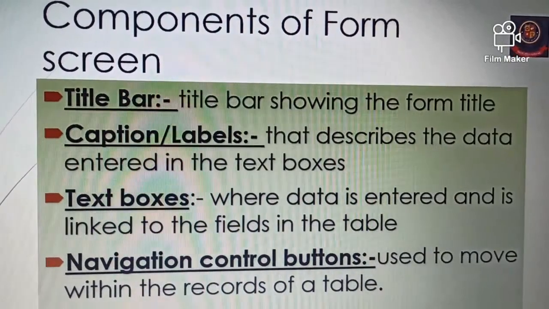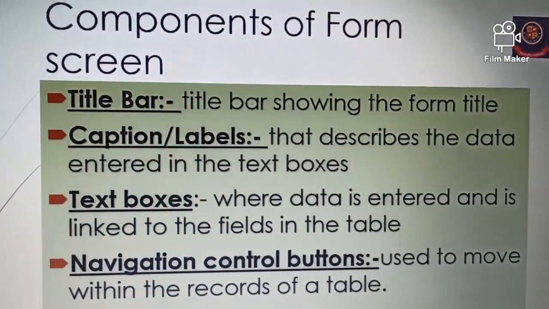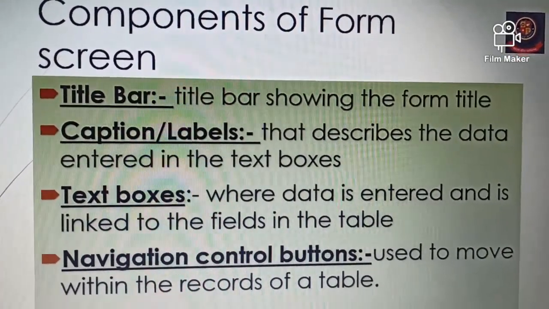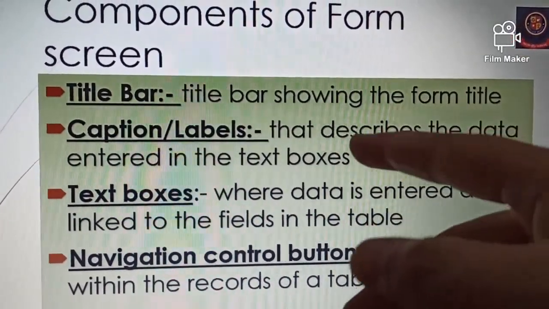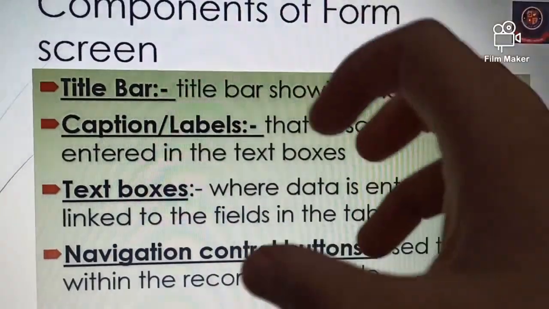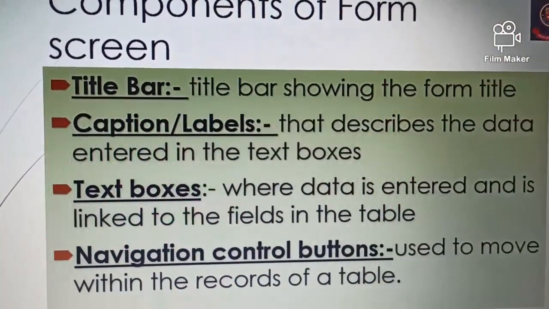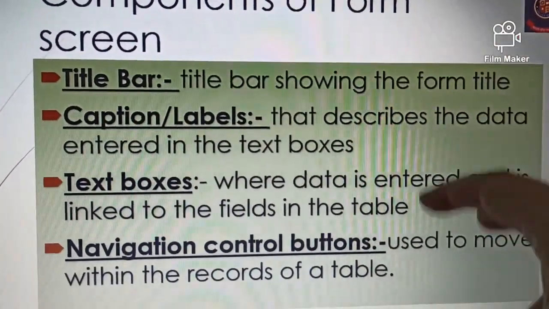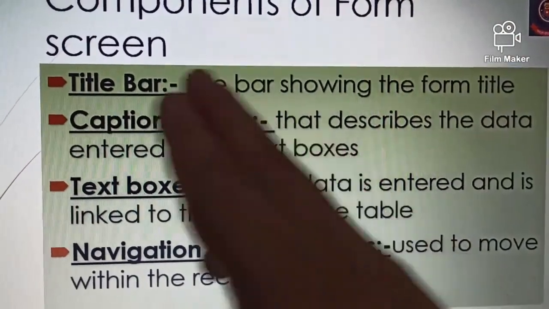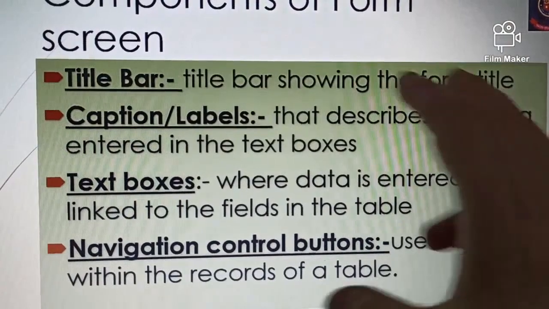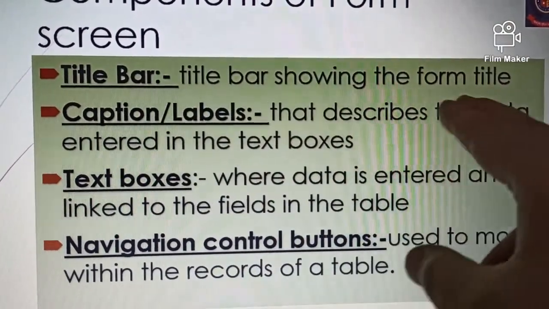Then comes the caption and labels. Caption, or you can say the label, describes the data entered in the text boxes. After this I'm going to show you which row or which particular thing is called the title bar, and what is called the caption or label. This specification is written here that you need to see. First of all, the title bar holds the title, then the caption and label describe the data entered in the